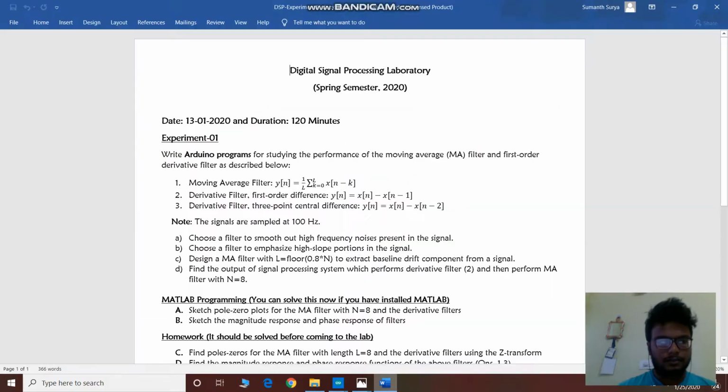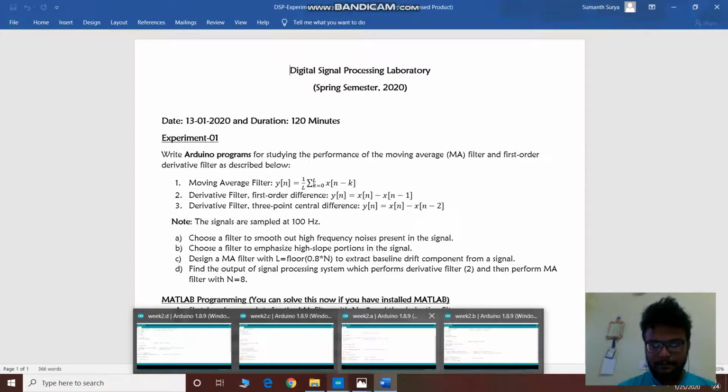The fourth question is to find the output of a signal processing system which performs a derivative filter and then performs an MA filter. That means first we pass it through the derivative filter, that is x of n minus x of n minus 1, and then pass it through the moving average filter with length equal to 8. So looking at the code for it,